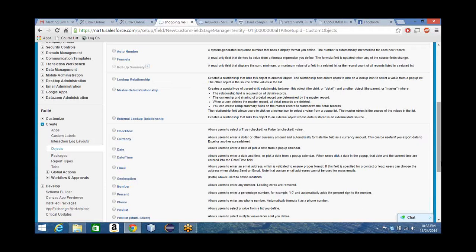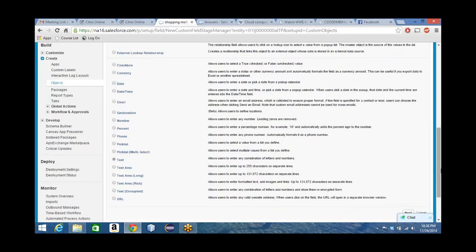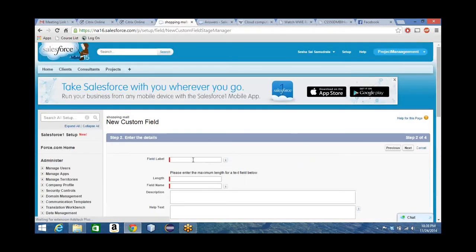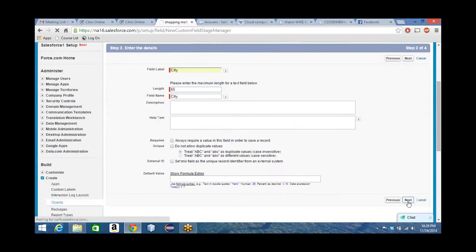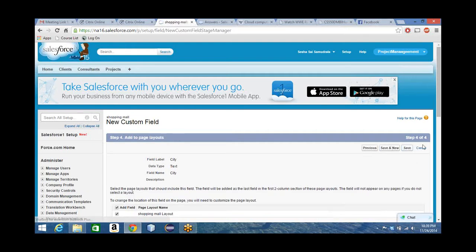But if you put pick list, you'll have to put the values. Make it text for now. Okay. City.